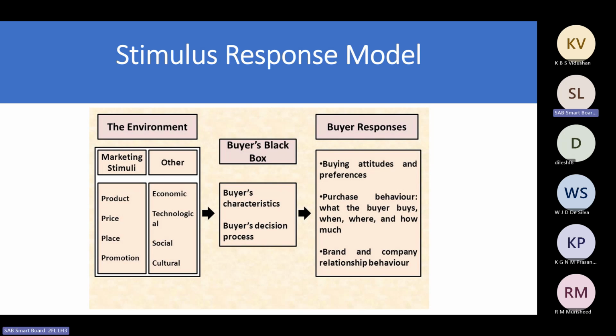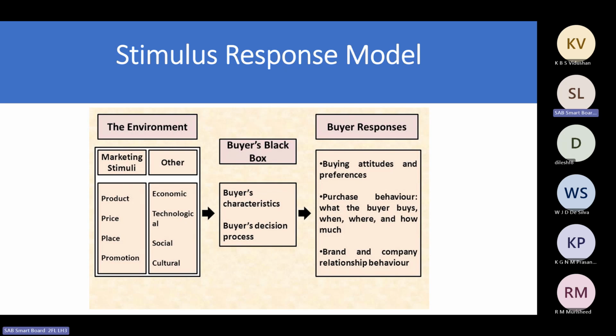But there are certain ways we can, as companies or marketers, identify the decision process of consumers. There we have different factors like buyer characteristics and buyer decision process, right? And